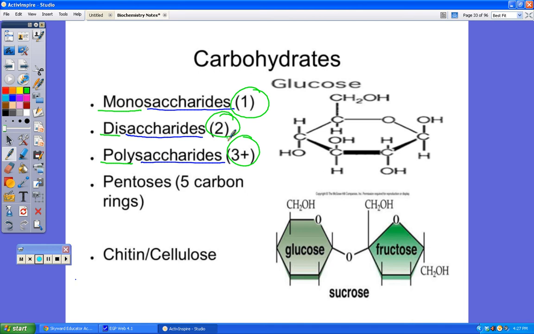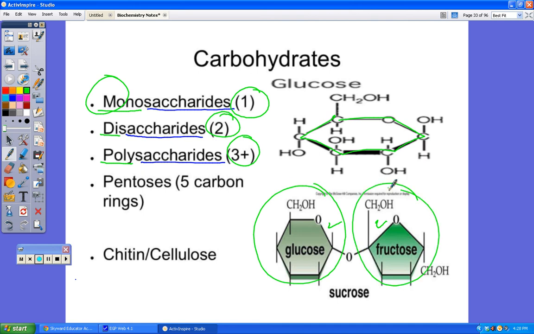And so sugars are typically this structure here, which is the shape of a ring. Each ring might have 5 sides or 6 sides, depending on the type of ring. So for example, glucose has 6 sides, fructose has 5 sides. And those are both monosaccharides because they're composed of one sugar. When you add those two together, you get a disaccharide, which is the example of sucrose here at the bottom.